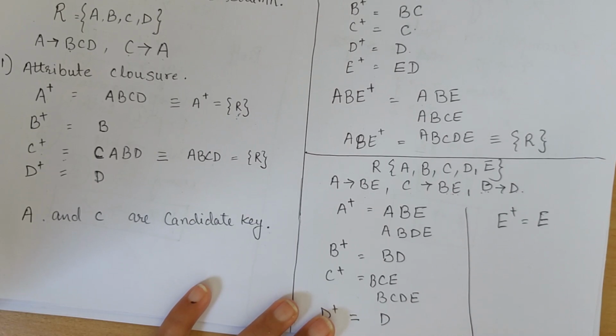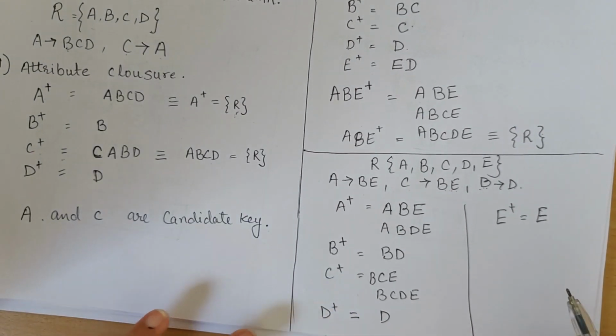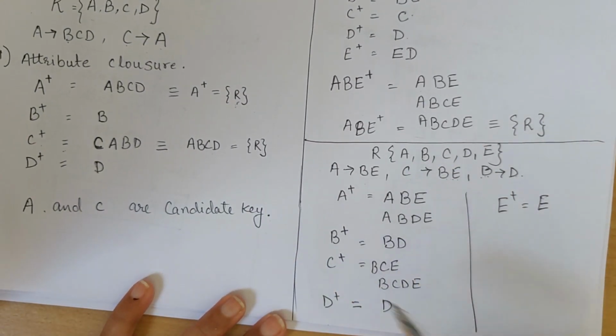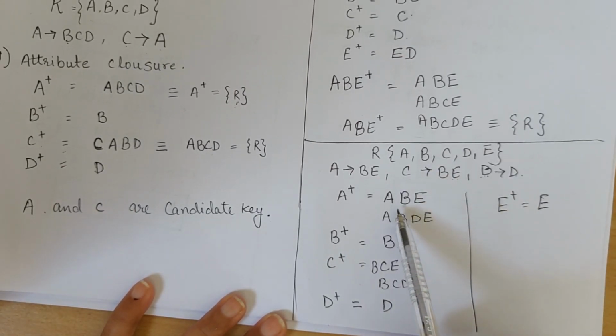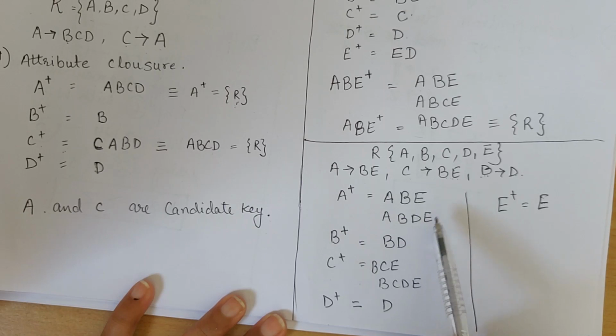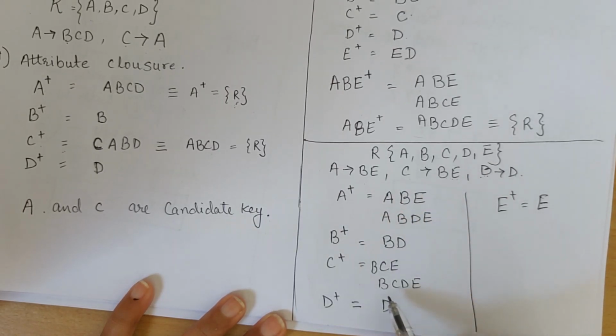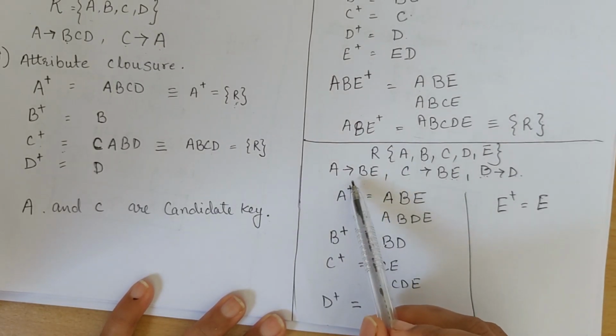Now what we have to check, again we have to use our trick, because there is no combination where we are getting the entire relation. If you can see here, A, B, D, E, but C is missing from this combination, and from this combination A is missing, right? But most of the things A and C are determining, right? Let's check the elements which are present on the left hand side.